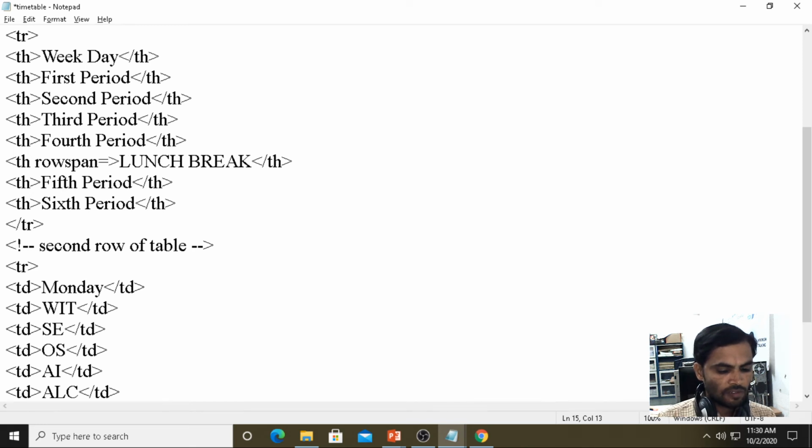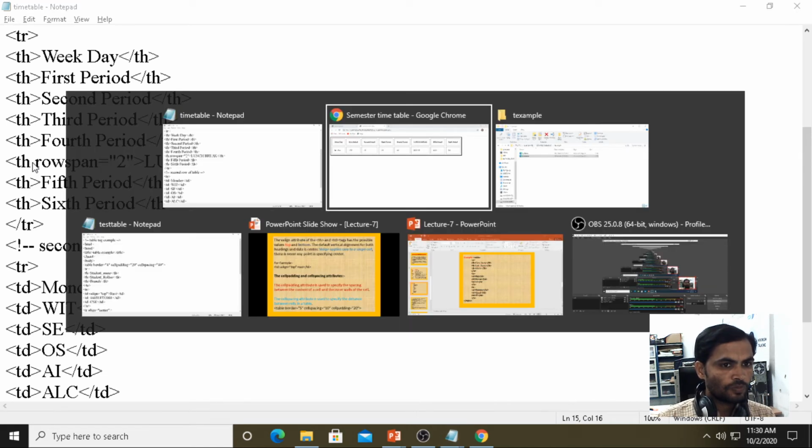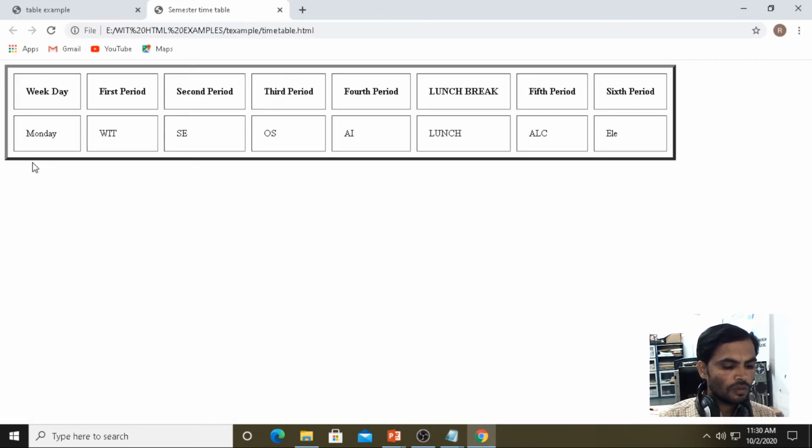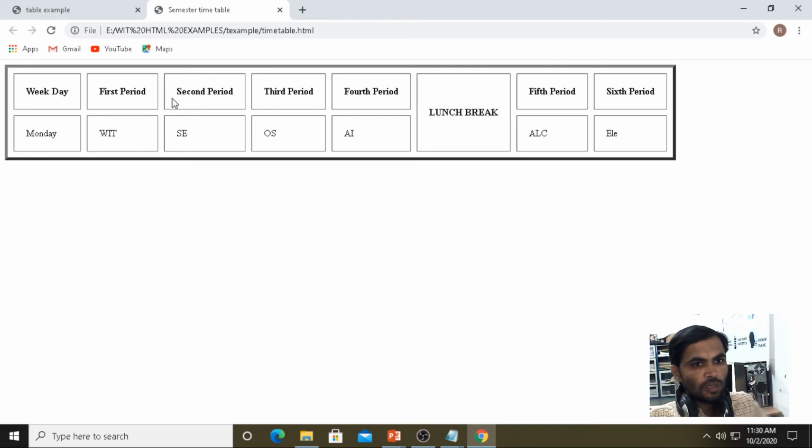Row span equals to 2. Now, when you are taking row span equals to 2, it is merging the column.